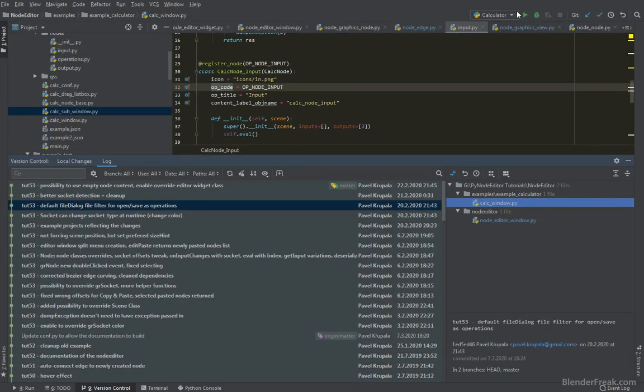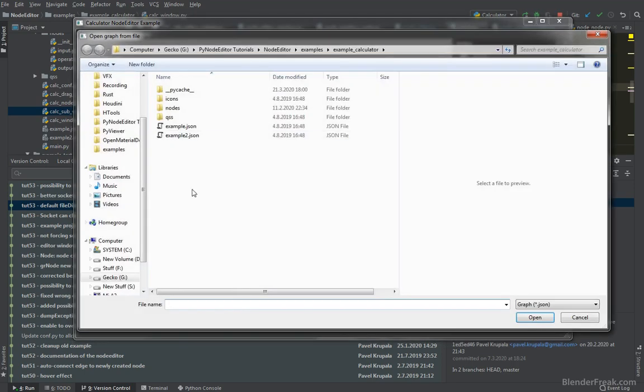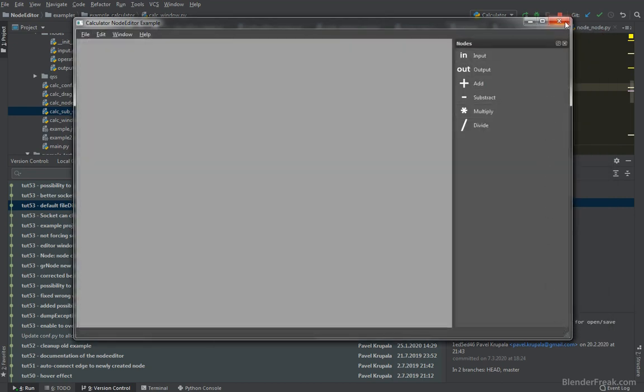And basically I can show you if I run the example. Now if I do open, as you can see, I got looking somewhere here in this particular folder. Since I'm not setting that up, it's just an empty string. We are looking at the application root. However, here is the file dialog filter, which does look like graph.json and all files. So to be able to get this file dialog filter,